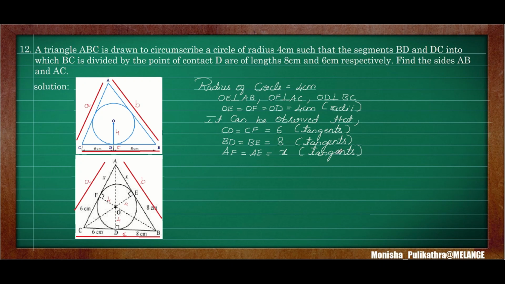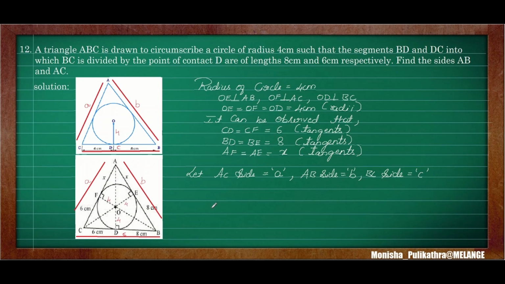Fine. So next, we need to assume the whole side AC as a. Let AC side be equal to small letter a. Next, AB side is equal to small letter b, and BC side is equal to small letter c. So these are the assumptions we are making. Whole AC side is taken as a, AB side as b, and BC side as c. So these are all the constructions we are doing here.